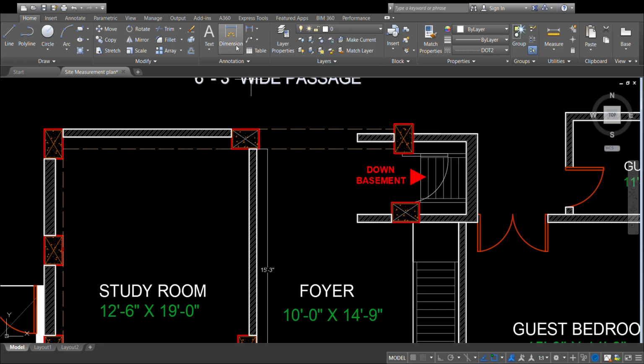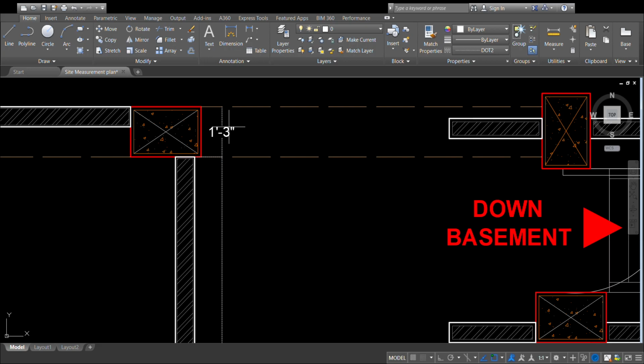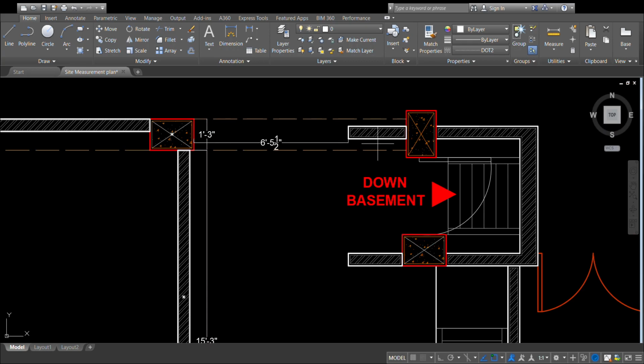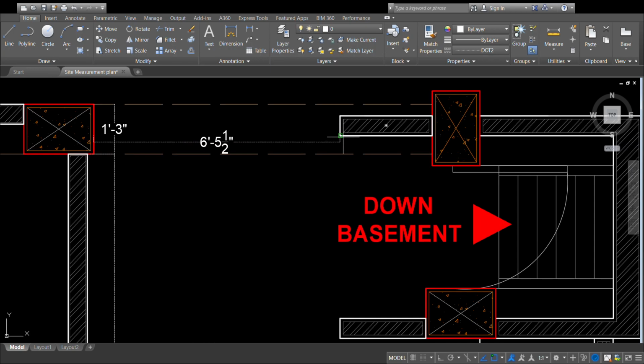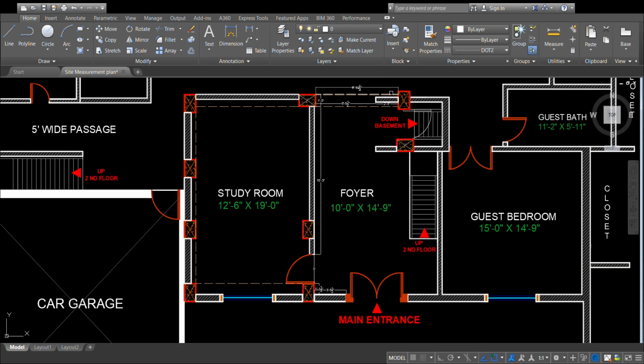And you can take this separately. As you can see, the beam that is present here, you can take this part separately also. As you know, that is a column. So this is your 1 feet 3 inches. Then also measure the blank space, how much is the blank space. Write it down that the distance from this particular column to this wall is 6 feet 5.5 inch. Then measure this wall again, it's 2 feet 5 inches, and similarly in this manner measure each and every corner